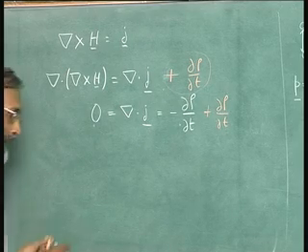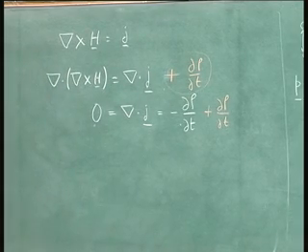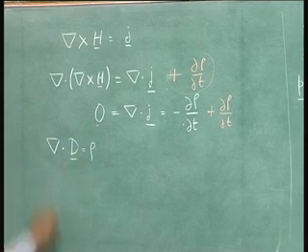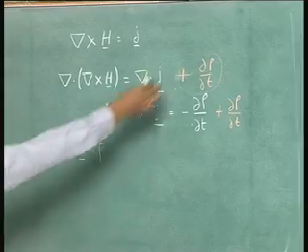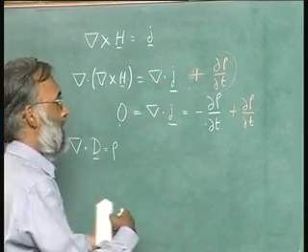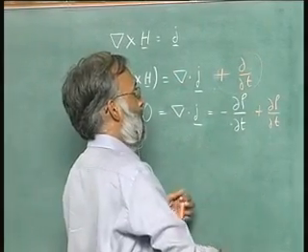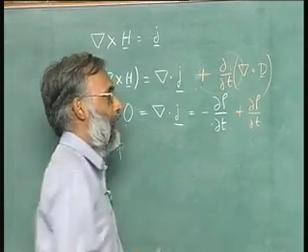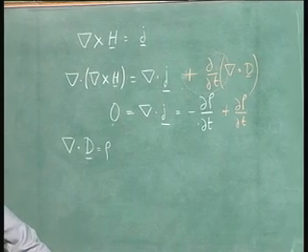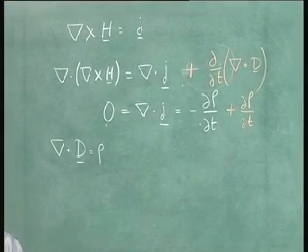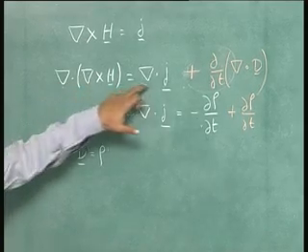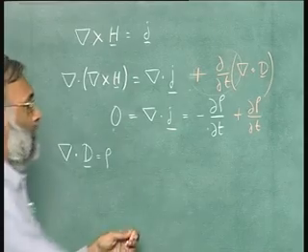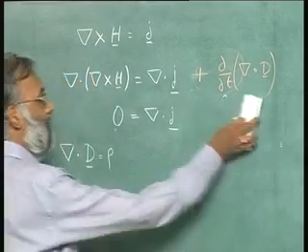Well, I have another equation. I know that Gauss's law has told me divergence D is equal to rho. So, instead of saying plus del rho del t, I can say plus del del t of divergence of D. Why does this matter? It matters because I have taken divergence of this whole equation. So, I can pull the divergence out, and I can write this equation as